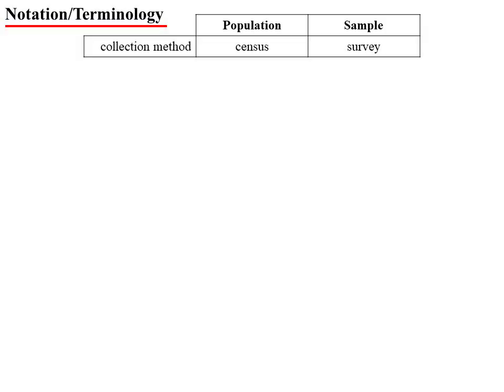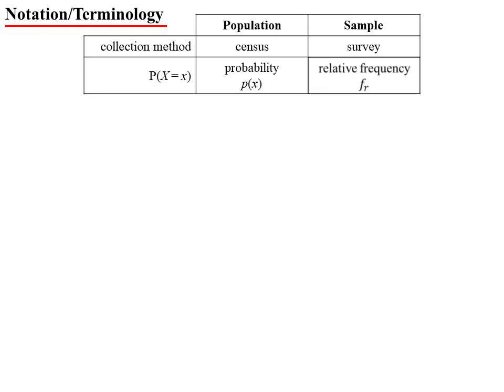Okay, terminology. They're just technical things. If you are going to collect your data on the whole population, we don't call it a survey, we call it a census. When you're just gathering a sample, that's when you call it a survey. There's also a subtle difference in the notation we use. As we've been doing, we use P(X) for probability of X. Technically that's what you use when you've got a population. For a sample we don't call it probability anymore, we call it relative frequency. They're the same thing, but they're just different words we use.